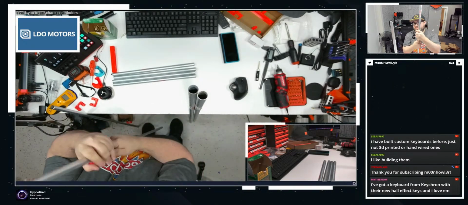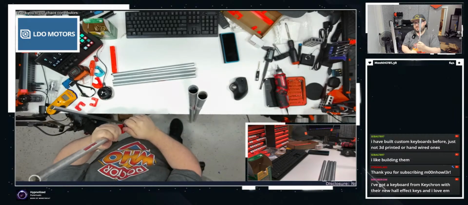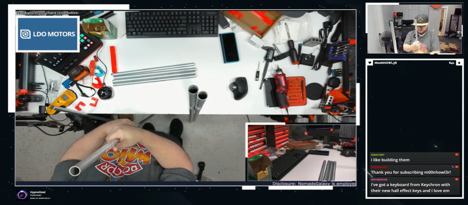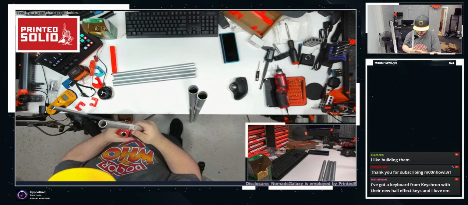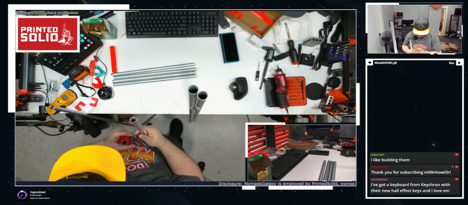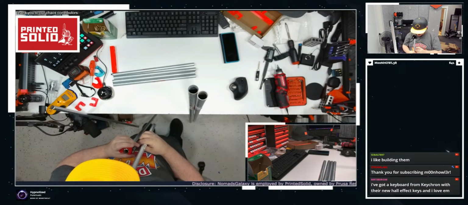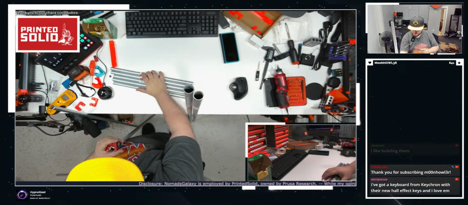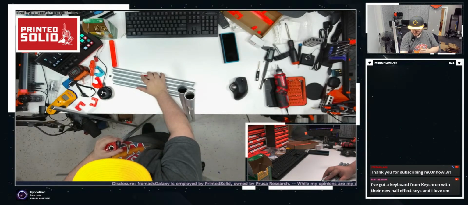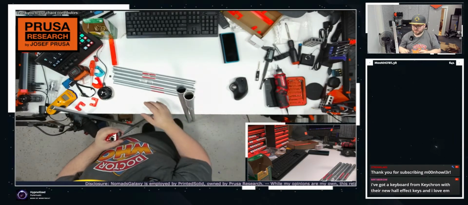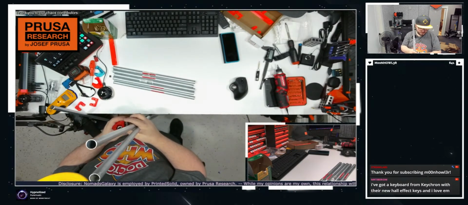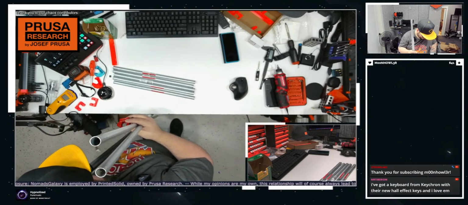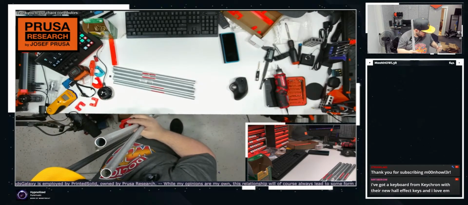About to cut through. Go. Oh, there's stuff in there. Oh, that's weird. There's stuff in there. That's gross. I cut that short as well. Whatever. About the same size, but it is a bit shorter.